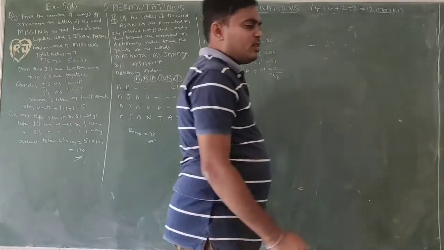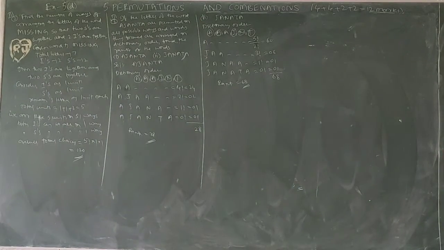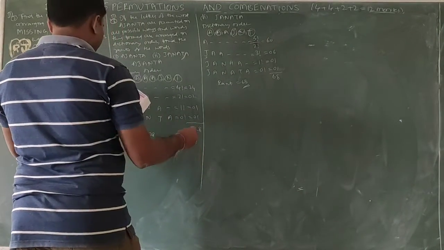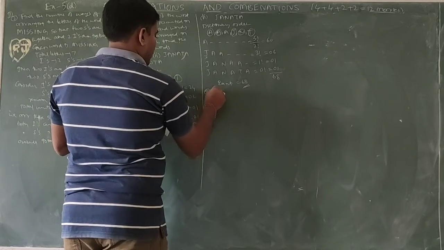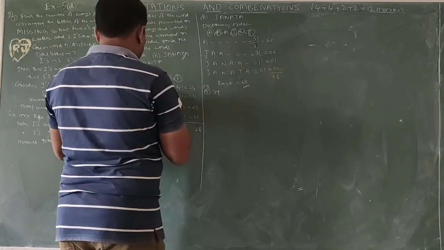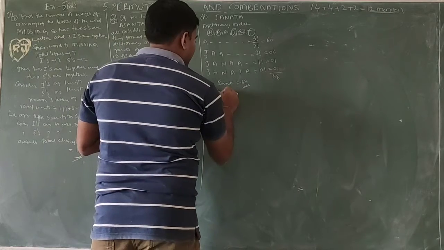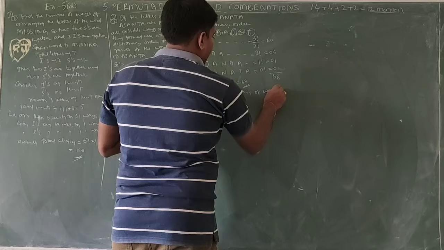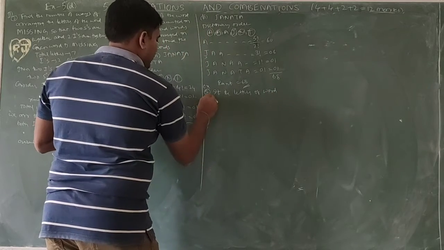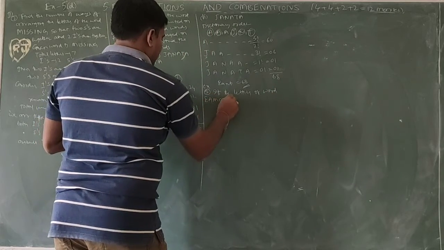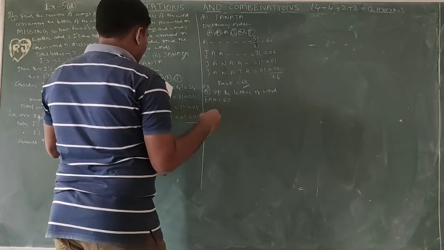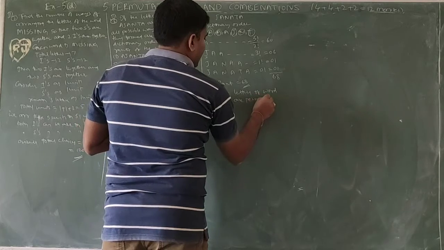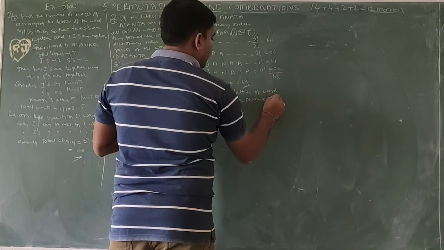Okay, similar question. To better understand, I will explain the example. Example 5: if the letters of the word M set are permuted in all possible ways,